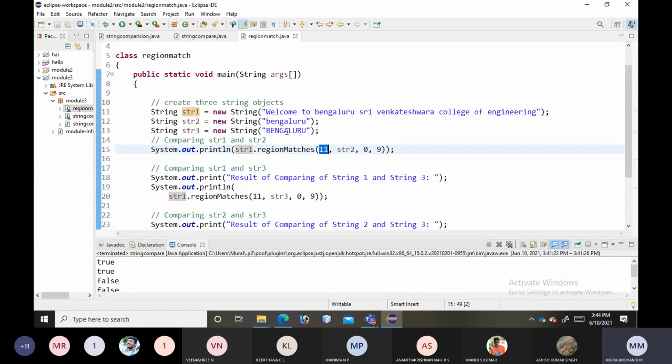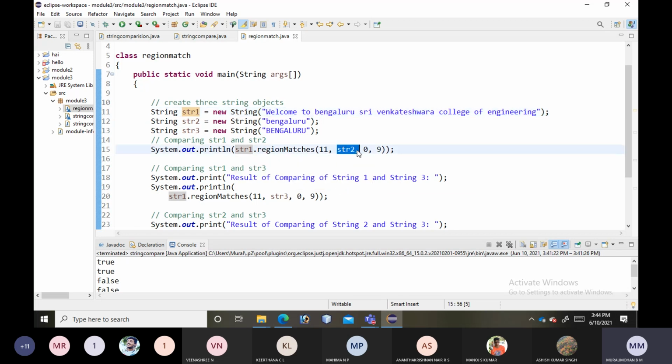In string 1 the 11th position is 0 1 2 3 4 5 6 7 8 9 10 11. So the 11th one is B. So from there it should start from str1.